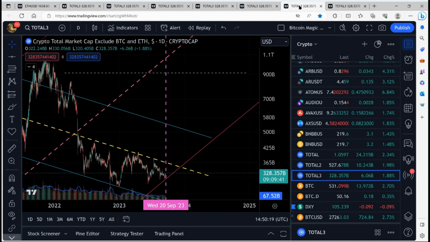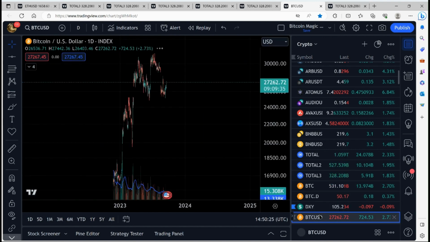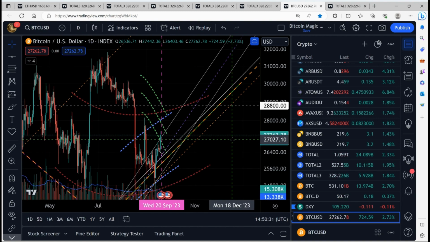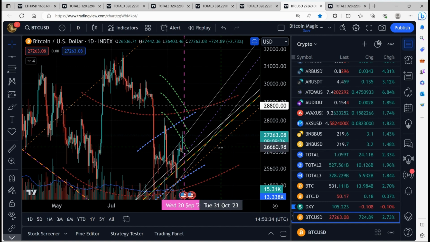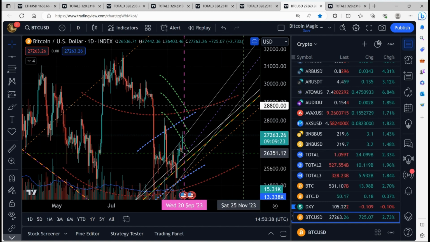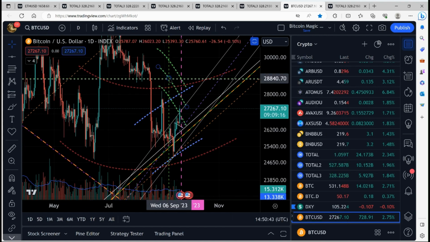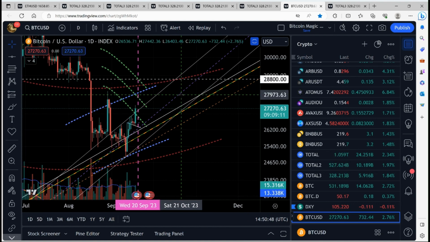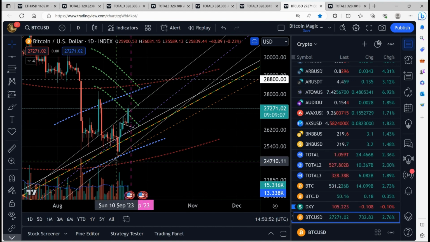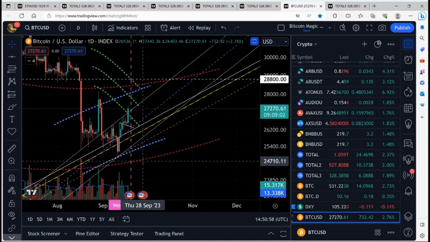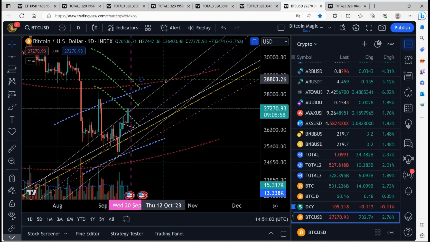Now, let's go to Bitcoin on this chart, I believe. Same deal here on Bitcoin. I have the bottom, mean, and top of the daily Gaussian channel marked off in green there. The blue is the 5-day mean band and top, and the red is the weekly mean band and top.